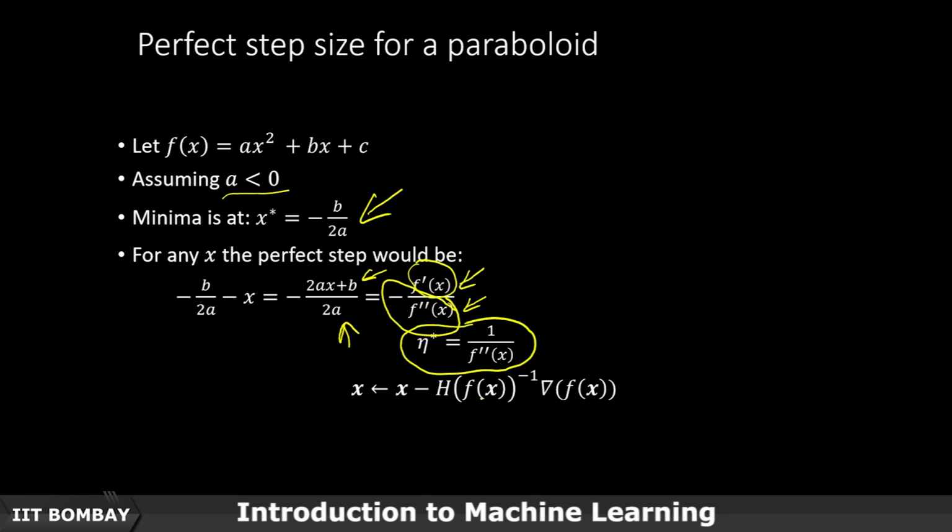In n dimensions, there's no double derivative. What we will have is the Hessian. So we will have the Hessian inverse times the gradient of f. Now this Hessian inverse, if you have 1 million parameters in the neural network, your Hessian is going to be 1 million times 1 million, right. So it's a square matrix, and inverting that will take order n to the power 3 or n to the power 2.6 operations. So that's a very expensive operation, and